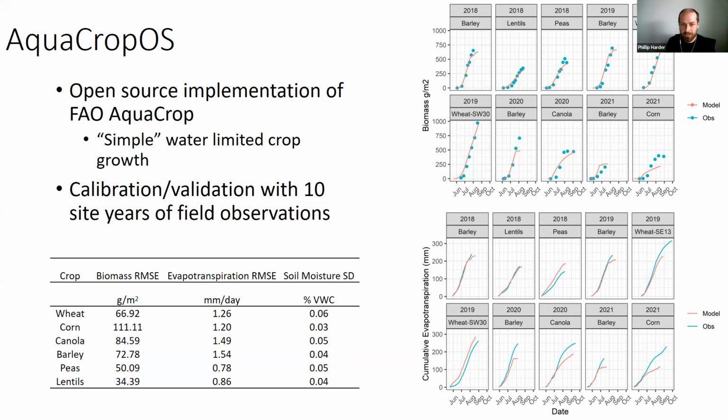But within all of this, using a VARS-based approach, we've gotten to the point where we can do fairly well on simulating biomass. I'll refer you to the 2021 corn situation where we had serious drought. We have 1 year of corn data to work with, field corn, and clearly we're not doing well there yet because that was an extreme scenario. But for the most part, we are able to capture biomass, evapotranspiration, as well as soil moisture that I'm not showing here.